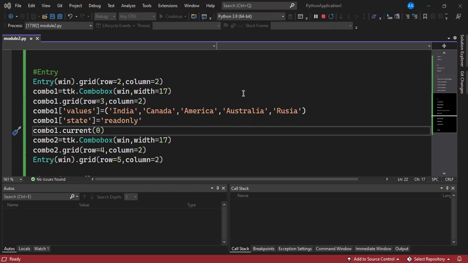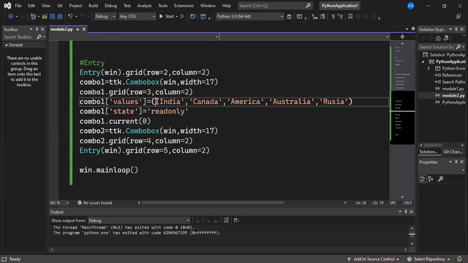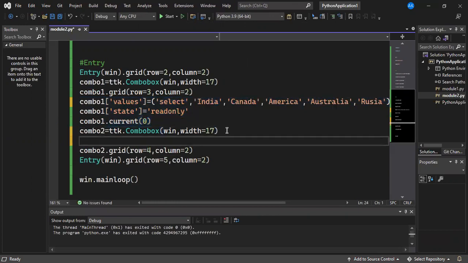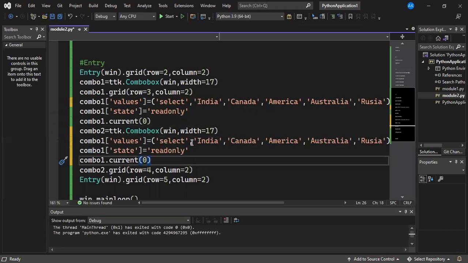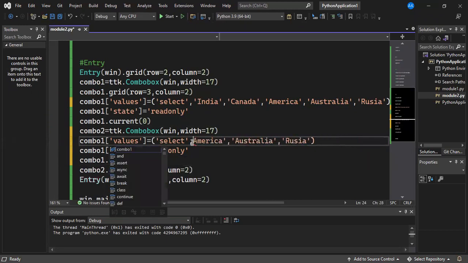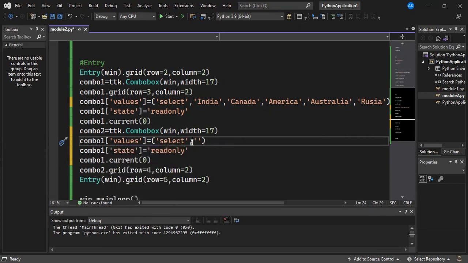Let's make some changes. The first element will be select, right? And I copied same lines for the second column that will contain all the values related to gender. So let's say male, female,